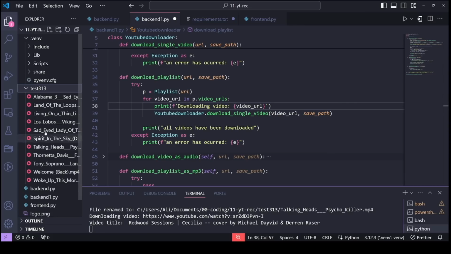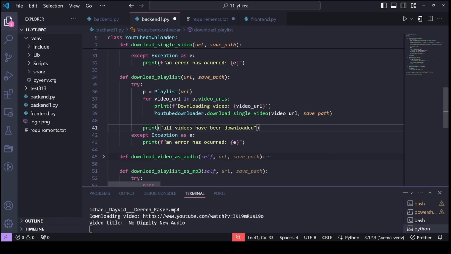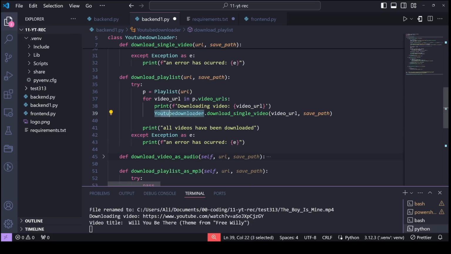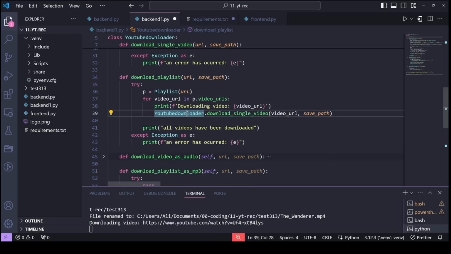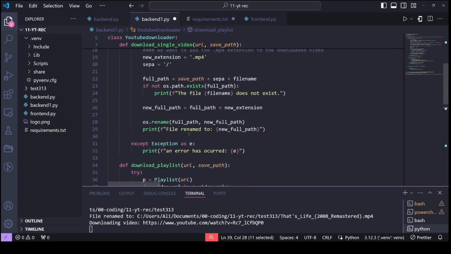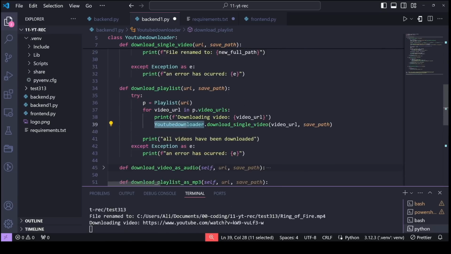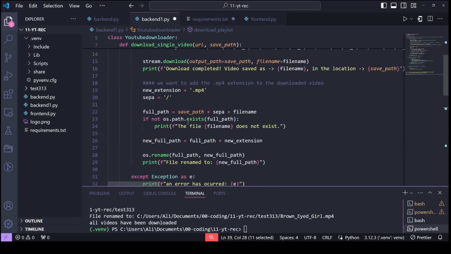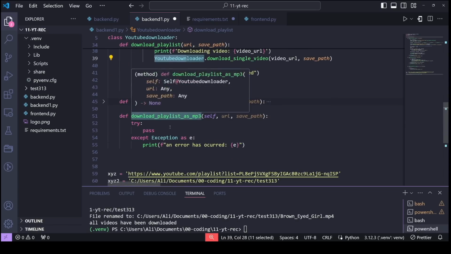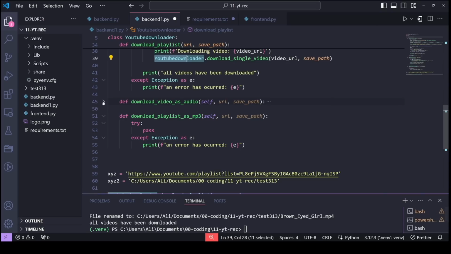So as you can see, our list downloading is working, and we don't need to write the manual code for iterating through this list. We can just use recursion here, and we are just reusing this function of downloading a single video. That worked fine. And now with this, we can very quickly write the logic for the remaining two functions